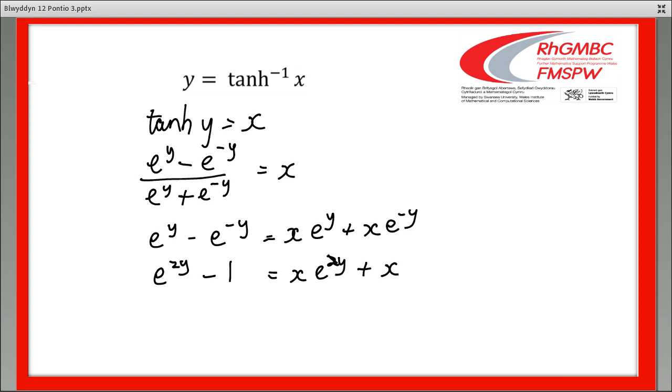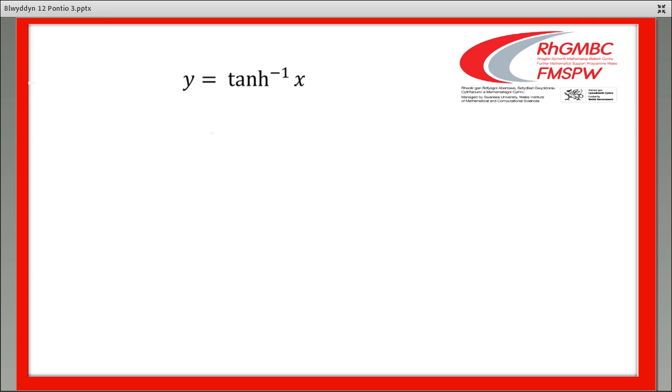Separate out the e to the 2y part from the rest. e to the 2y, open brackets, 1 minus x, equals 1 plus x. So that gives us that, and then that will give us that